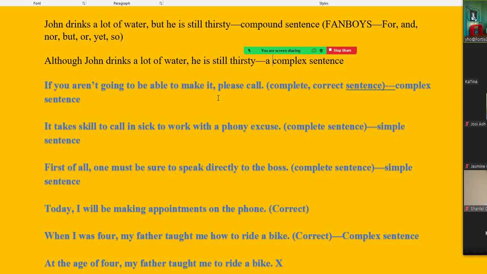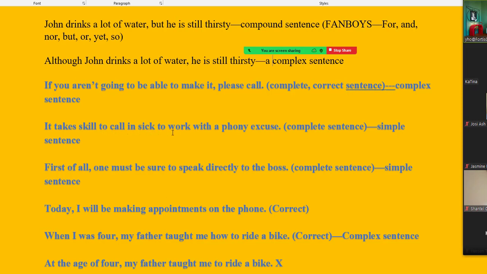But in English, we no longer say the you and the someone. People are so lazy. We just say, be quiet. Please call. Sit in your seat. Okay, all of those are imperative sentences in which you're telling someone, you, to do something. And this is why I tell students to avoid using you and your in your essays, because when you use you and your in your essays, you sound like you're telling the reader what to do. So that's why you're supposed to stick to third person case. But it takes skill to call in sick to work.